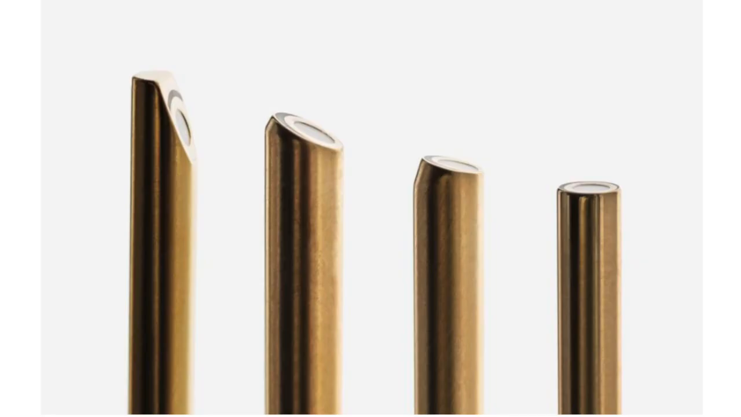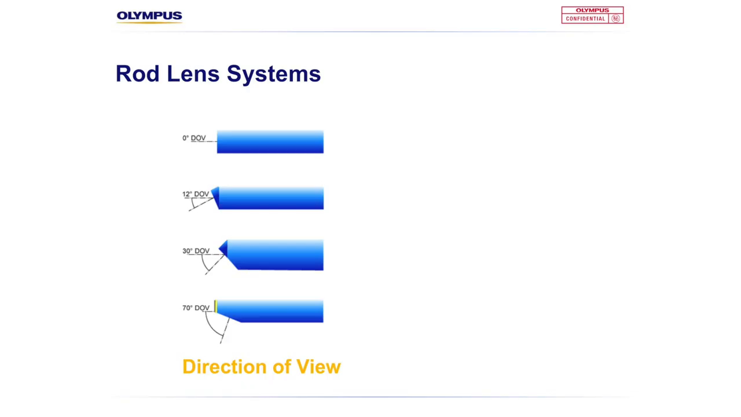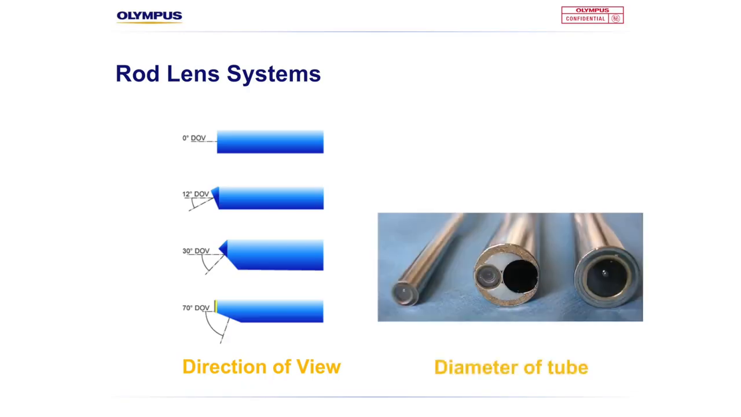The different angles of these lenses allow us to adjust our surgical perspective according to the target tissue. Some common angulations used in surgery include 0 degrees or flat lens and 30 degrees. Aside from the different lens angles providing various directions of view, telescopes also come in a range of diameters, usually